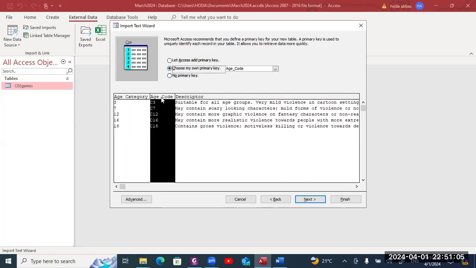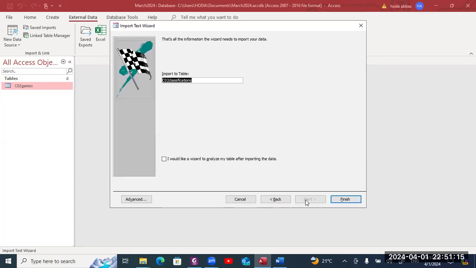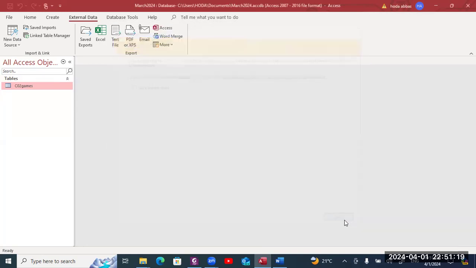I can select from here, age code, okay, displayed, or you can select from here, okay, age code, finish, closed. Okay, again,